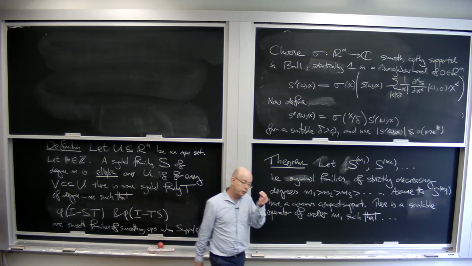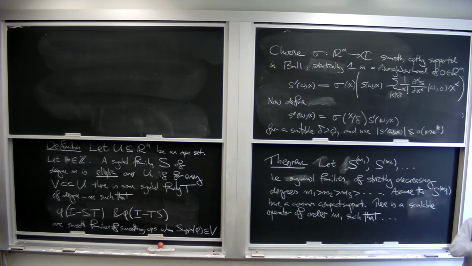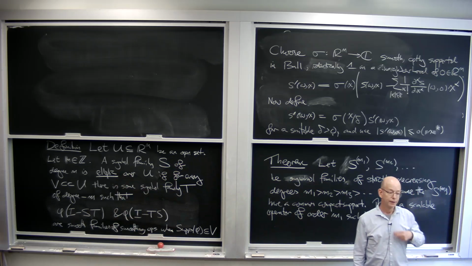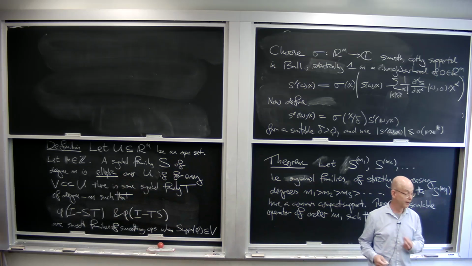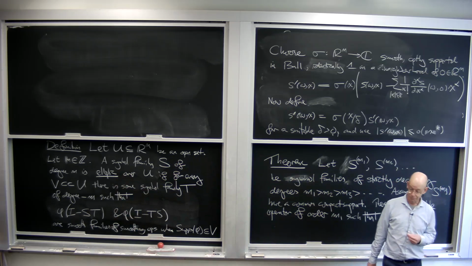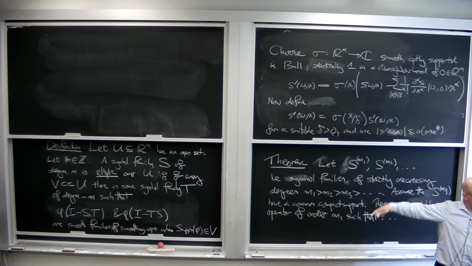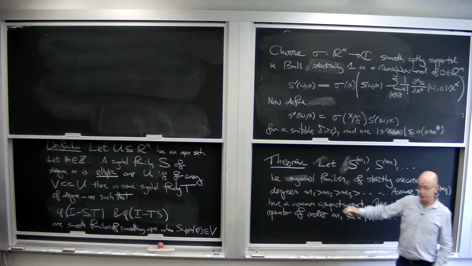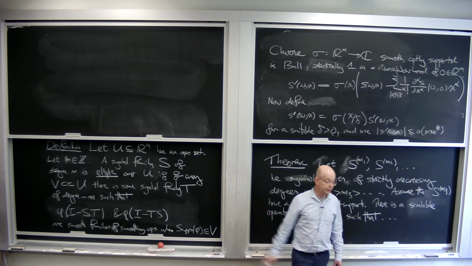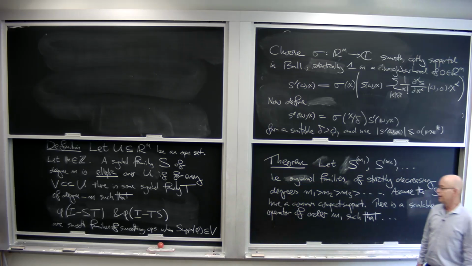At the one extreme, you could ask that each individual S omega should be invertible by some individual T omega, so that S omega times T omega minus the identity is a smoothing operator, and the same the other way around. And the only thing you need to add to that is that the T omega should have homogeneity degree -m, that's important. Okay, so if pointwise a condition like this holds, then you're in business. In fact, this condition holds, which is a condition spread over any open subset V, whose closure is a compact subset of U. And if this condition holds, then in fact you can build a